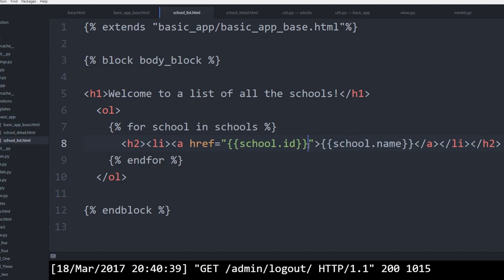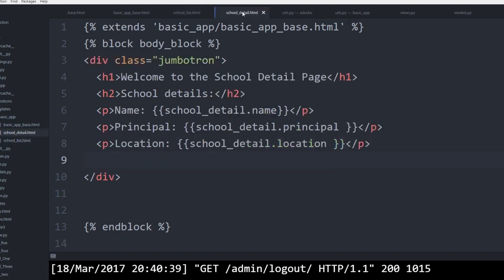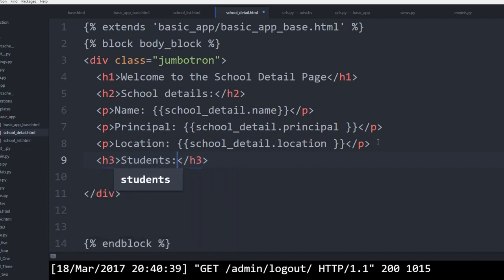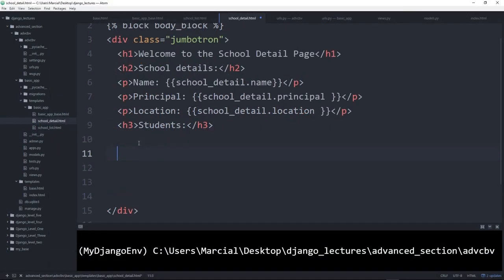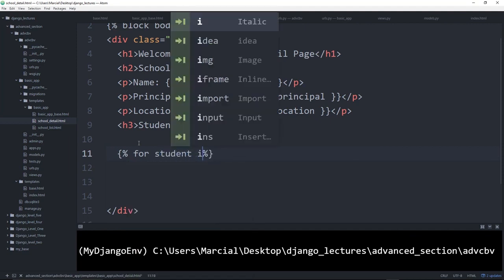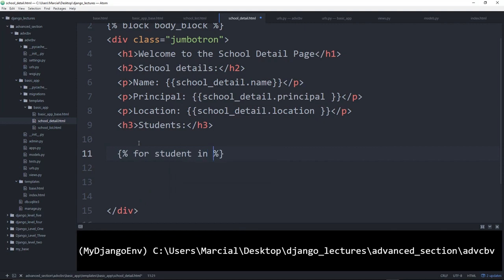But before we do that, we also want to make sure that our details.html file is ready. So school_detail.html. Here I have school_detail.principal and school_detail.location. That's looking good as well. What I'm going to say is also list off all the students that this particular school has. So we'll create a heading 3 here, and we'll say students. And then the next thing to do once I have students is actually cycle through the students. So if I want to cycle through something, I need to use a for loop. I will say for student, and you can use whatever variable you want. Student is fine for us. And then we'll say in